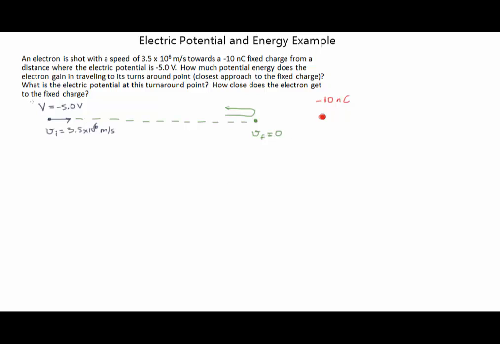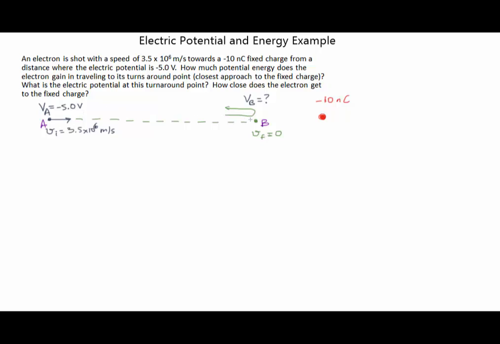Now this potential of minus 5 volts at this distance was created by this fixed negative charge. We know that the potential around a negative charge is always negative, and it gets to be more negative as it gets closer to the charge. I'm also going to label these points as A and B. So there's A over here and B over here. And so let's call this V sub A, and this V sub B over here at this point. We'll figure out what that is a little bit later, but we expect it to be a bigger negative value,